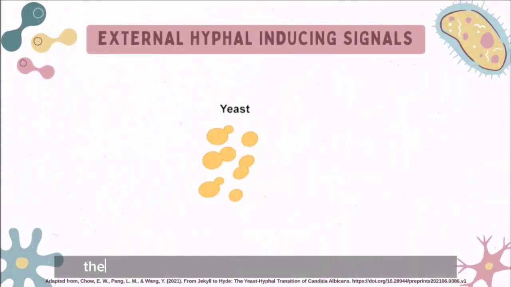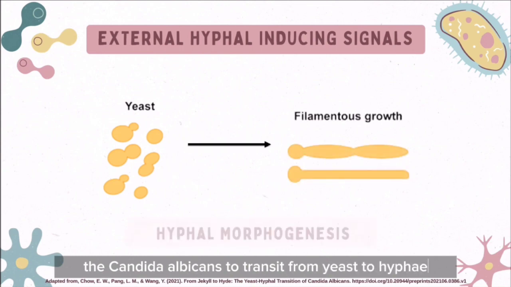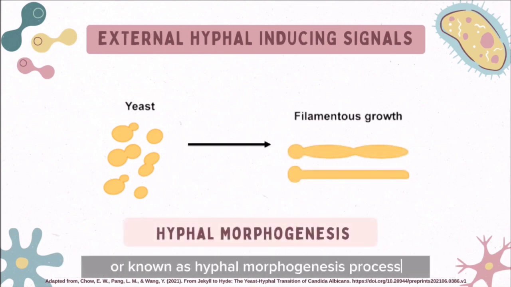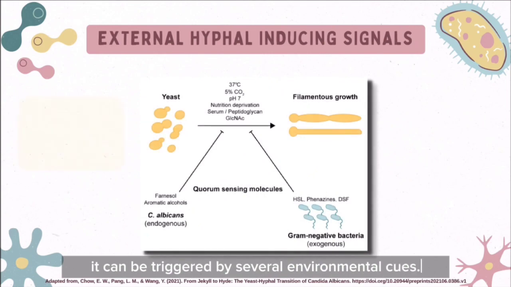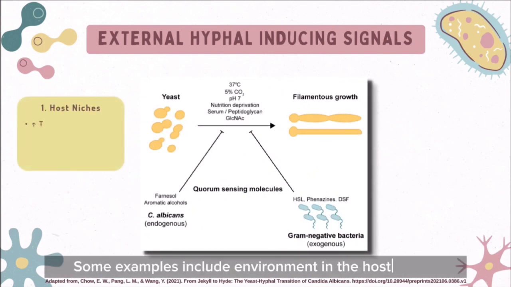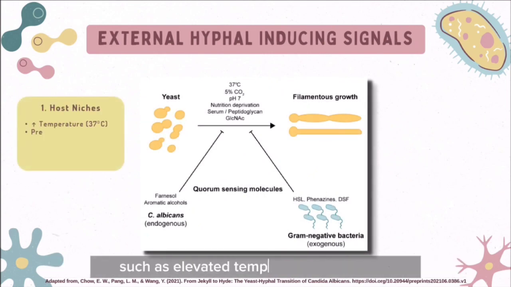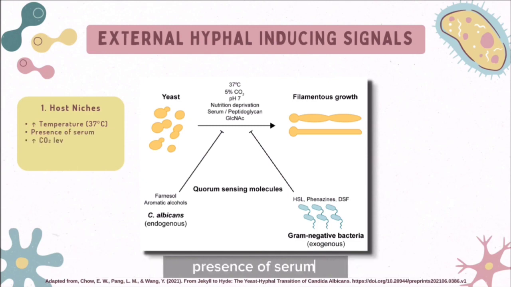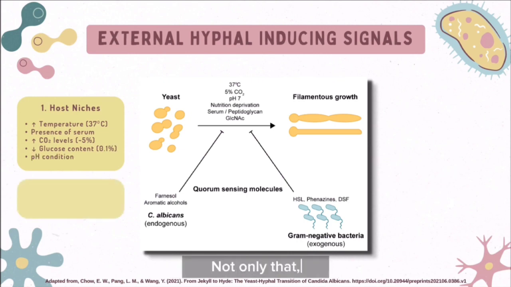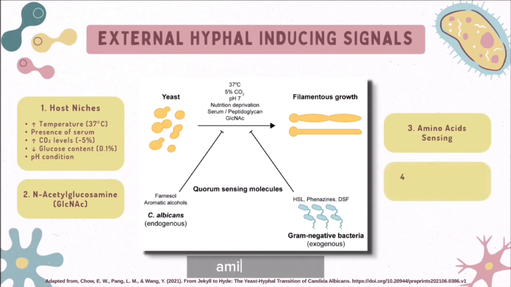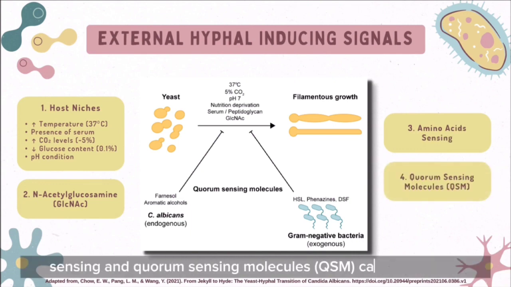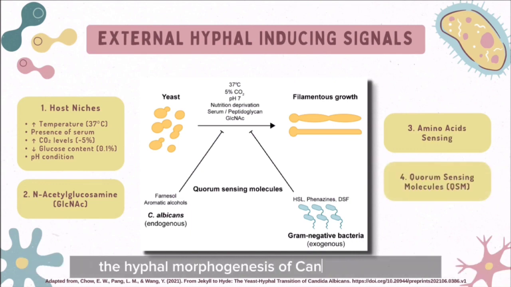So, in order for Candida albicans to transit from yeast to hyphal, known as the hyphal morphogenesis process, it can be triggered by several environmental cues. Some examples include environment in the host niches, such as elevated temperature up to 37 degrees Celsius, presence of serum, elevated carbon dioxide levels, low glucose content, and pH condition, which is pH 7. Not only that, the presence of N-acetylglucosamine, amino acids sensing and quorum sensing molecules can also induce the hyphal morphogenesis of Candida albicans. These conditions play an important role in the signaling pathway of the hyphal initiation,